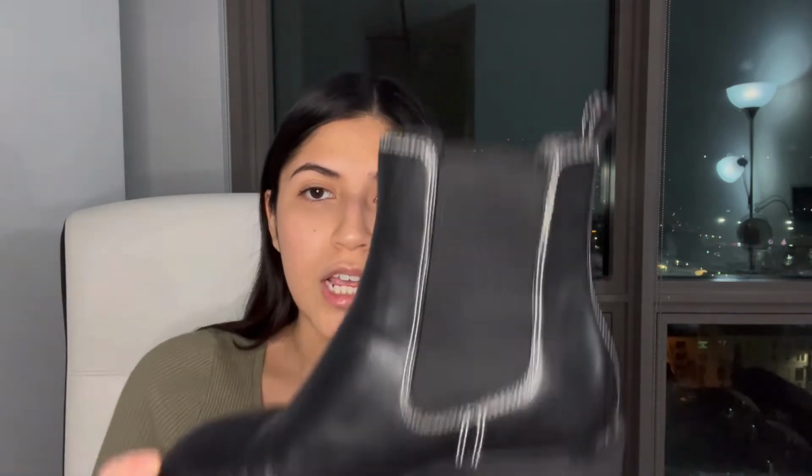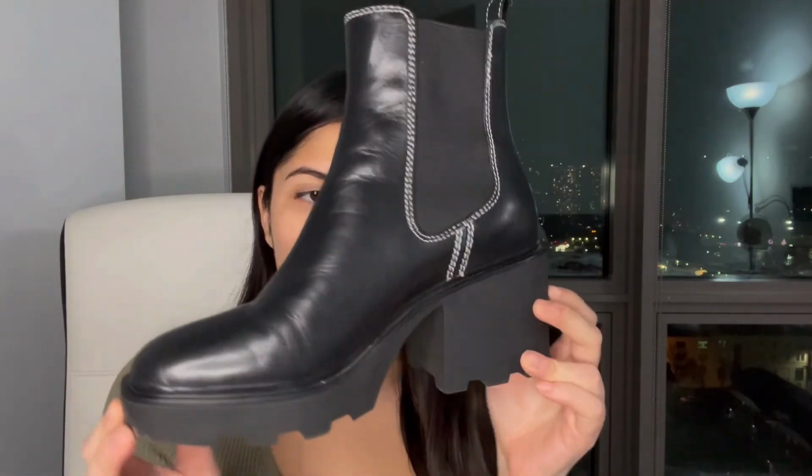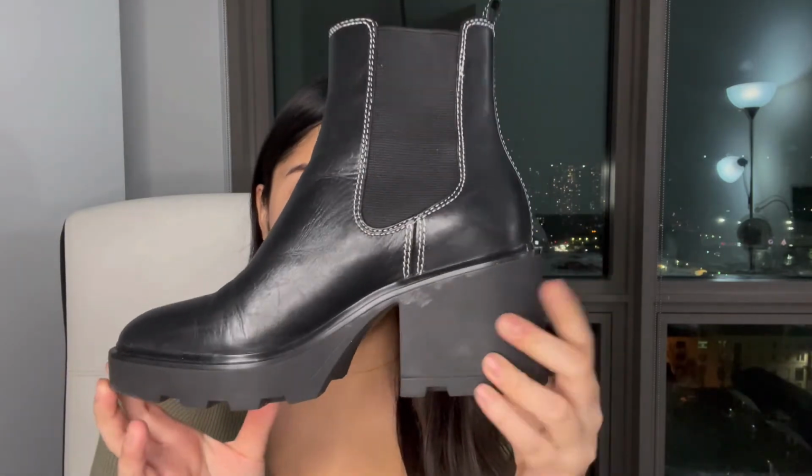Next shoe that I want to talk about is actually one of my favorites that I've been loving this fall and as we transition into winter. And I actually purchased this boot back in August. I pre-ordered it, and then it got shipped to me around September, October-ish. And it's this boot by Michael Kors. It's kind of a platform boot,